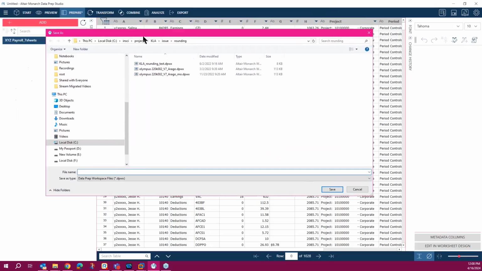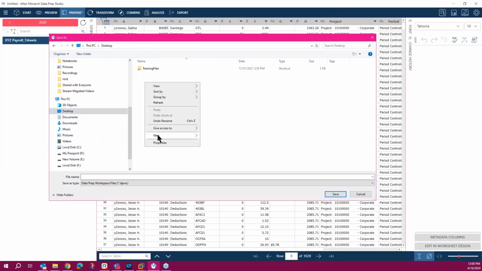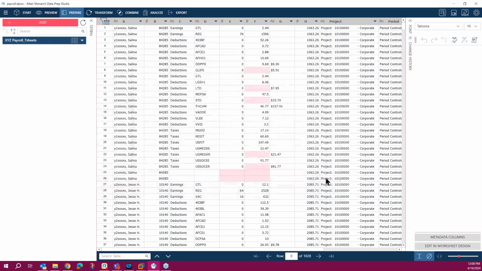Make sure this is saved. Call this payroll. Basically, all the data on all worksheets are extracted and appended into a single table.